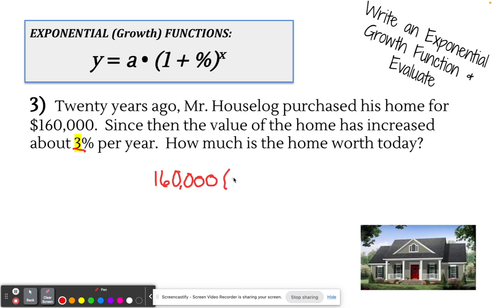It's increasing at a rate of 3%. 3% is 0.03, or .03, either way is fine to write it. And what's our time period? Well, it says he purchased it 20 years ago, and it's increasing 3% per year. So 20 time periods. 160,000 times 1.03 to the 20th power will give me